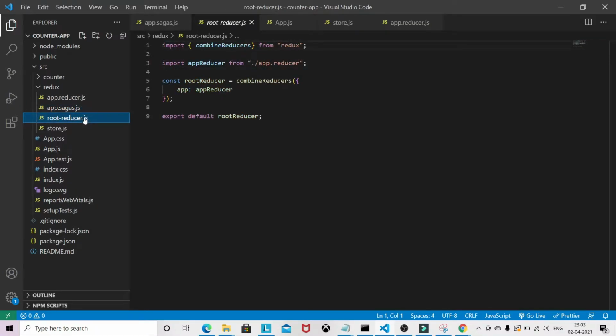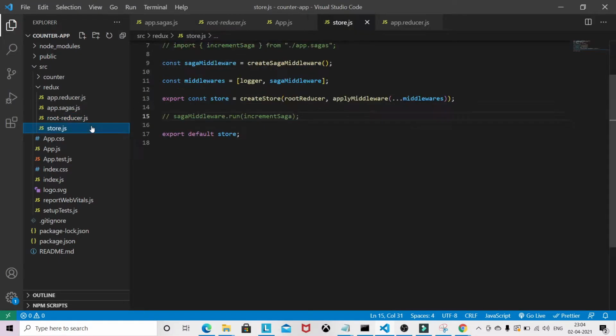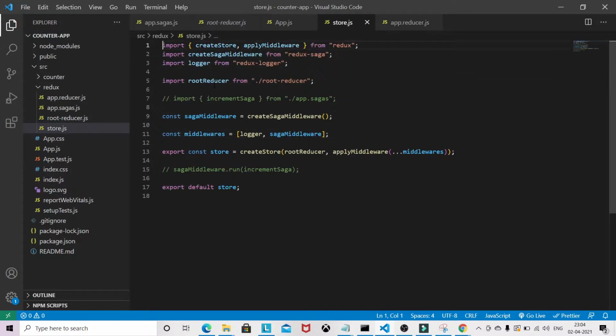This is the root reducer in which we are combining the counter application reducer, and I am using that app reducer here and accessing the state with the help of app value. We have a store setup here where we have a logger, which is another middleware, and we have a saga middleware.